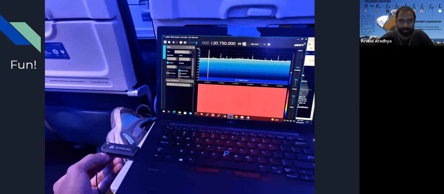You can listen into air traffic radio. But of course, there's a case where we can do this with other frequency bands where it may not be so desirable. So that's the cybersecurity aspect as well.